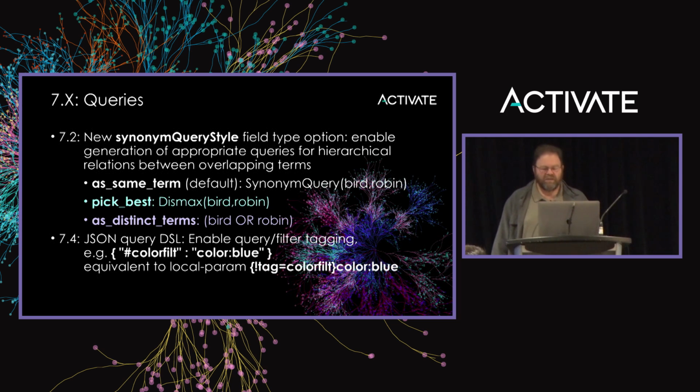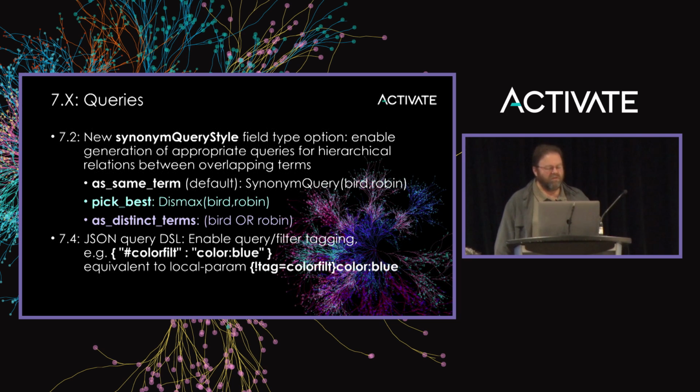So I give an example here for bird and robin. Robin being a more specific term, or hyponym, of bird, which is the hypernym here. If you index these synonyms both at index time and at query time,